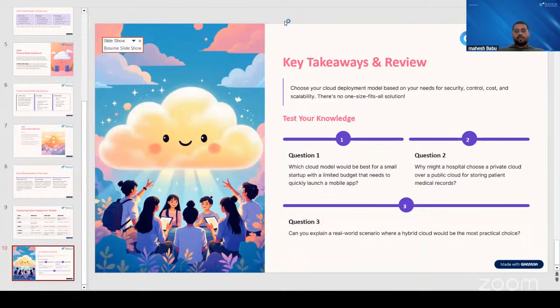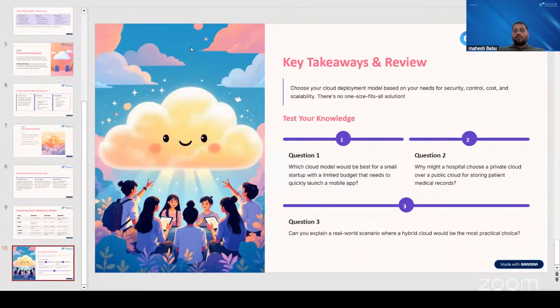You people are able to answer. Please answer the questions. Yes, very good, Abhilash sir. Abhilash sir has given the answer. Yeah, very good. Excellent. So participants, the first answer will be the public cloud. In the public cloud, we majorly consider the budget constraint, right?